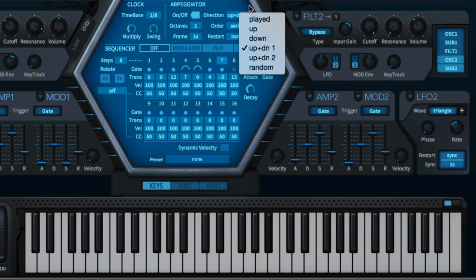While up and down 2 does the same, but repeating the highest or lowest notes before each change in direction. Random plays back randomly selected notes from the held chord.